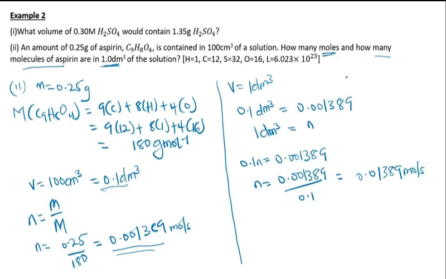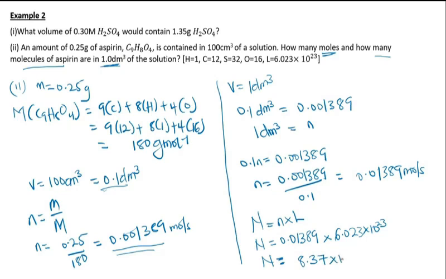Now, how many means the number, so the number, which is capital N, is equal to the mole multiplied by Avogadro's number. So the capital N is equal to 0.01389 multiplied by 6.023 times 10 raised to the power 23. So our capital N, or the molecules of aspirin present in this example, is 8.37 times 10 raised to the power 21 molecules